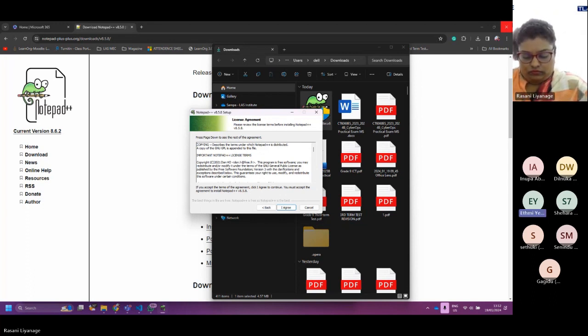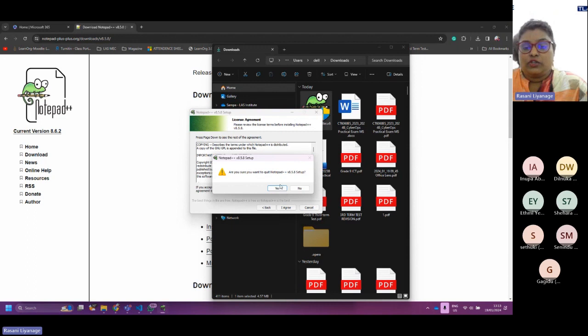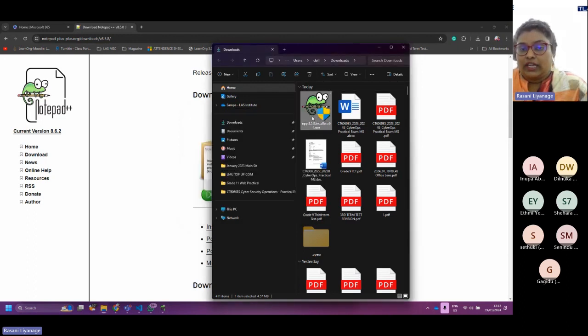Excuse me, teacher. Yes. I have a slight error. What's that error? I clicked download and it downloaded, but it just won't open. Once you download, did it look like this green color lizard?